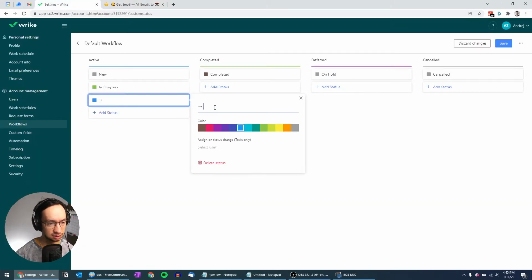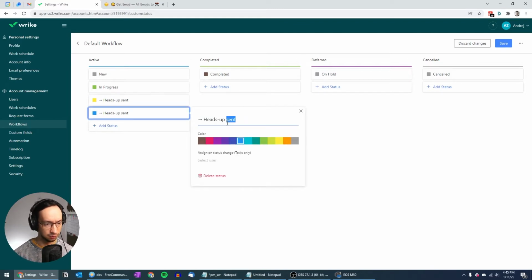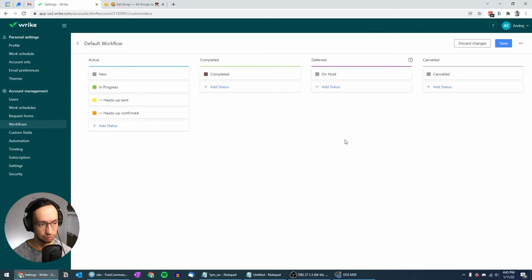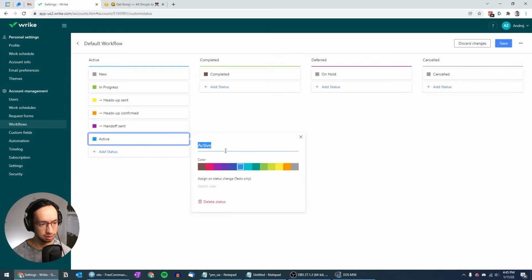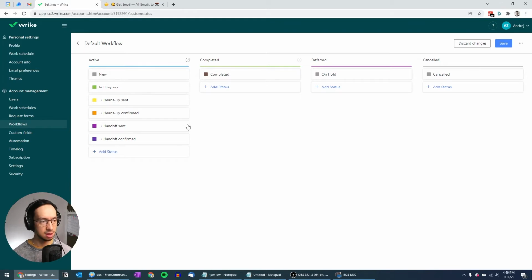So here we're going to add a first status, which is heads up sent. Okay, and for heads up, we're going to do, let's say, this color. And then for heads up confirmed, we're going to do orange. And then we do handoff sent. I'm going to pick the purple ones this time. And handoff confirmed, the darker purple. Okay, and then I was thinking that you can of course reorder them,